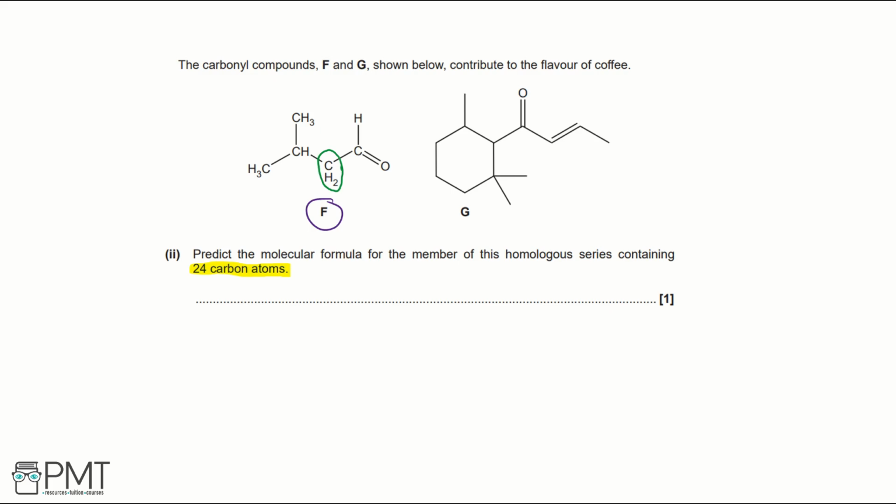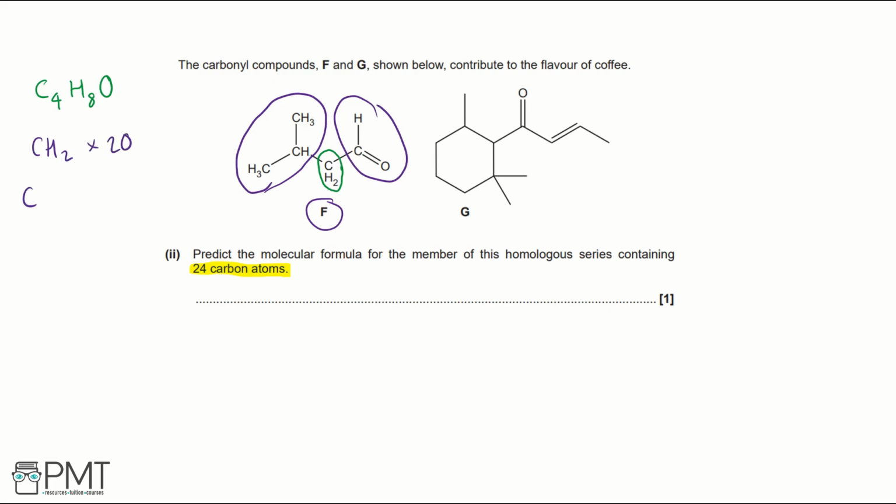So writing out what's not going to change, we have C4H8O. So that's just all of this excess here, because this group won't change and this aldehyde functional group won't change. We've got to have the aldehyde to make it homologous, and we have to have these 2 methyl side chains. So it's just going to be this middle CH2 that we're going to change. And if we look at what we're going to keep the same, we have 4 carbons, but we need 20. So we're going to do CH2 times by 20, so we get C20H40,